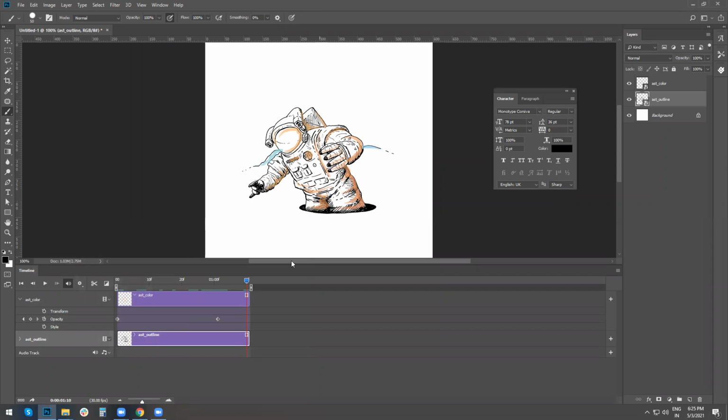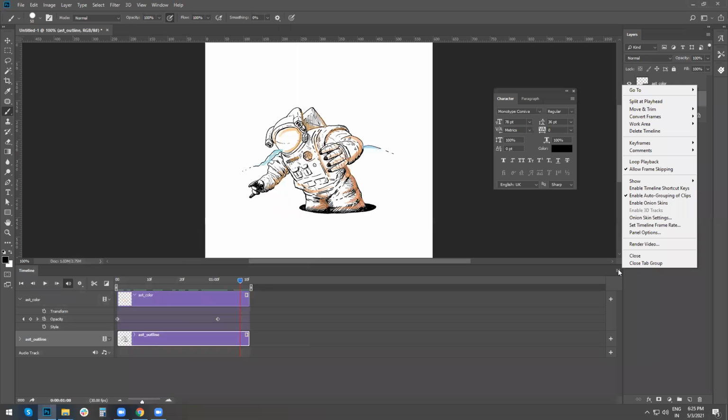One another trick that you must know is that if your animation is very big and complicated and it is taking a lot of time rendering, ensure that you have this allow frame skipping enabled. If this is disabled, then it doesn't skip any frame, so that makes it harder to load. So having this checked is good for most purposes. There are many other settings, but let's not get into that for the time being.